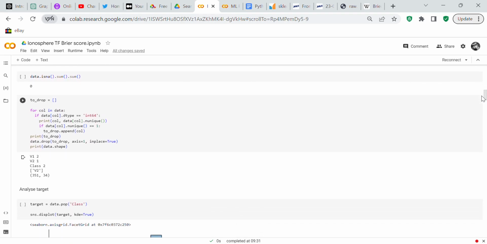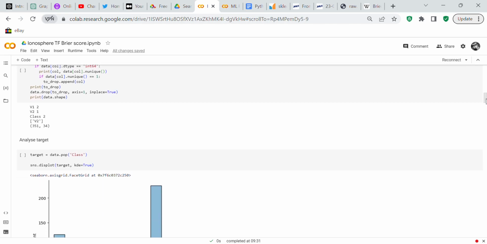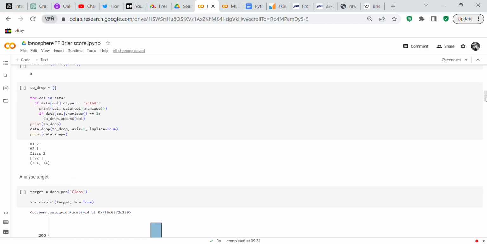Check to see if we had any null values. We didn't have any null values, so that's good. So we didn't have anything to impute. Now what I wanted to do, I wanted to check these integer values. You had a few integer values. And so we're going to check the